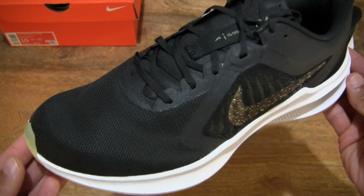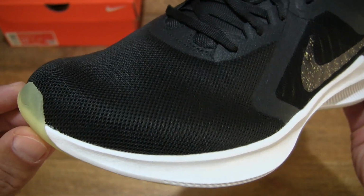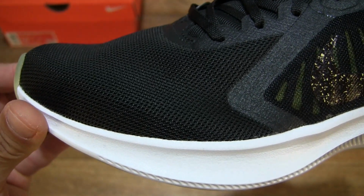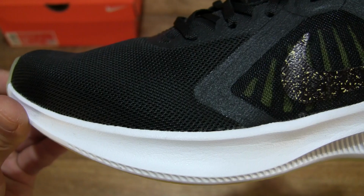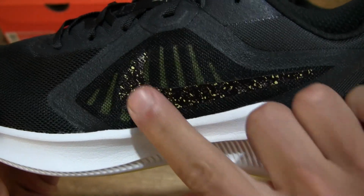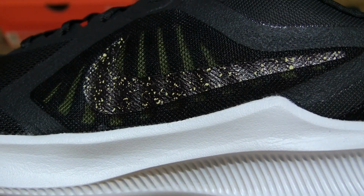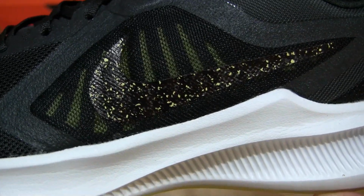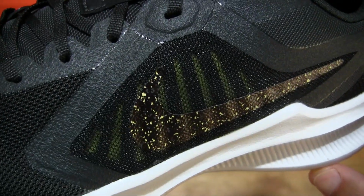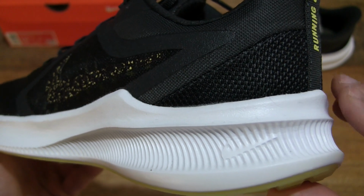And let's take a close-up look at the details. So at the front or forefoot of the shoe, you can see that it does have a mesh upper cover around the toe box area. And as we move slowly towards the midfoot area of the shoe, you can see that it does have a speckled Nike swoosh logo. And you can see that it does have a slight bit of shine to its surface against the very dark black mesh. And slowly moving towards the back or heel area of the shoe,